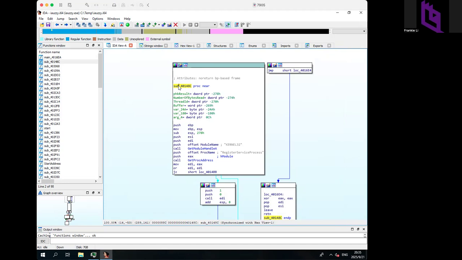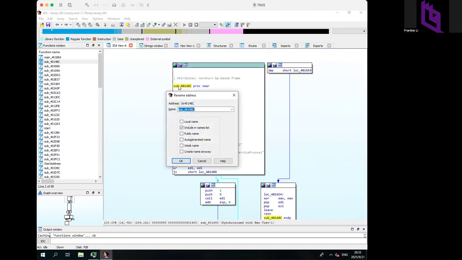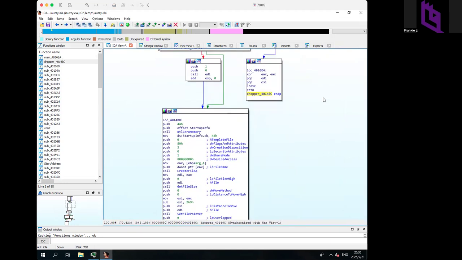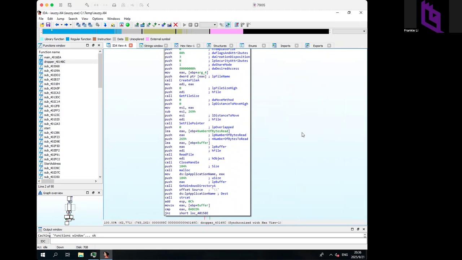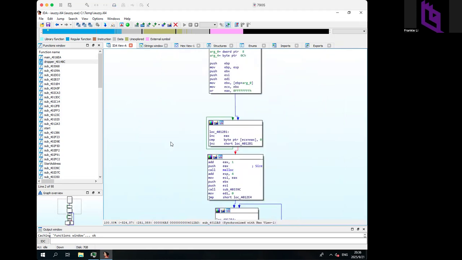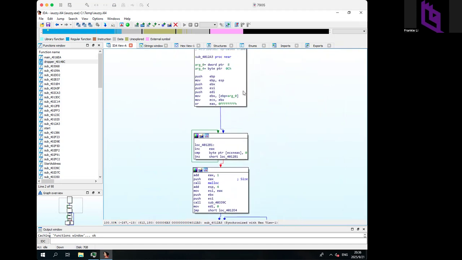I would like to rename it type N and rename it as dropper because it dropped the file called QQT. So other than that, I would like to draw your attention. Let me go to the encryption and decryption routine. So if we go right here, and you will see